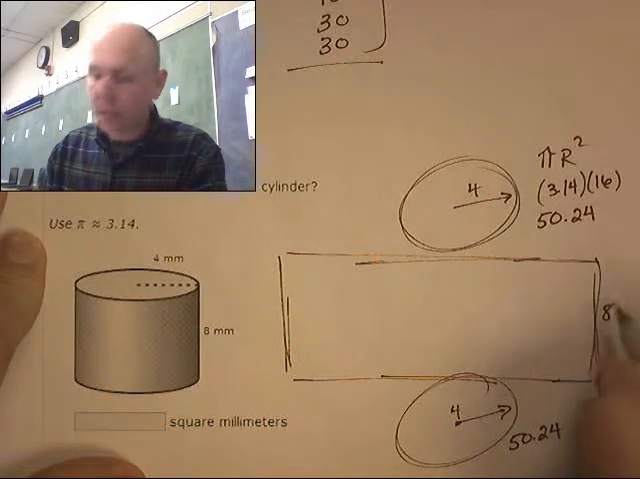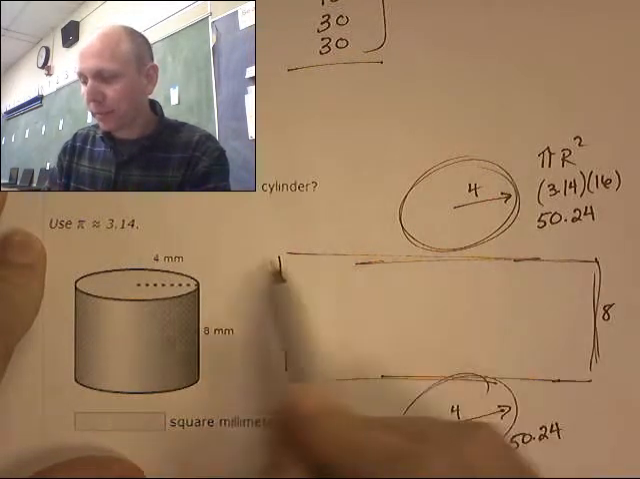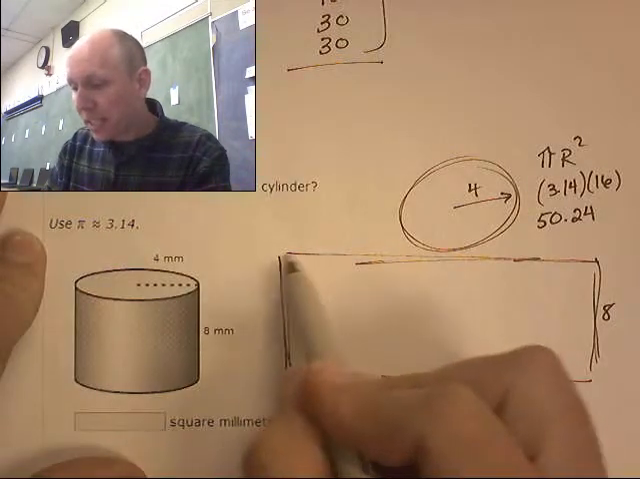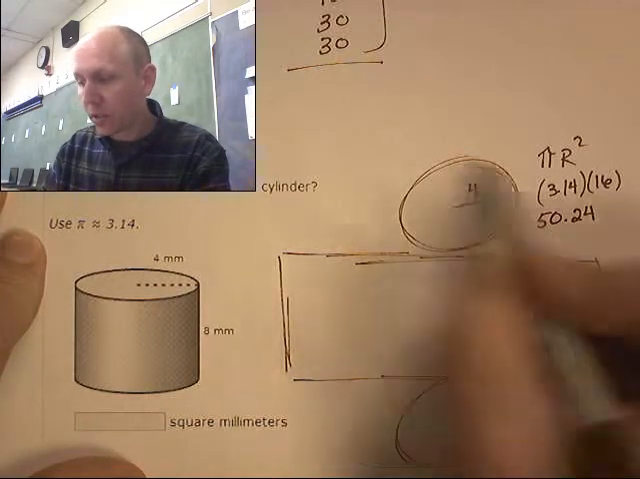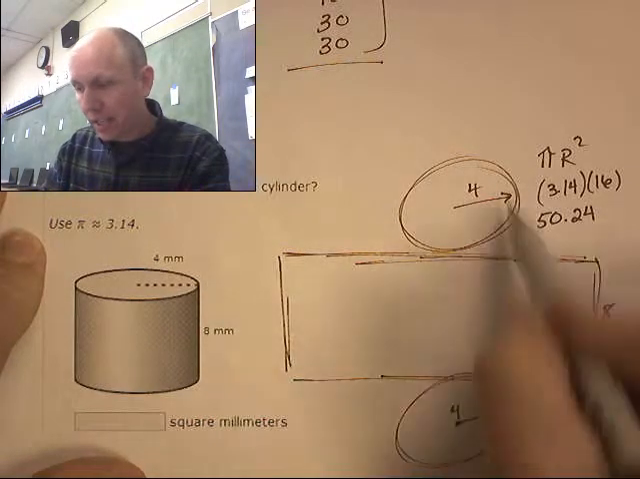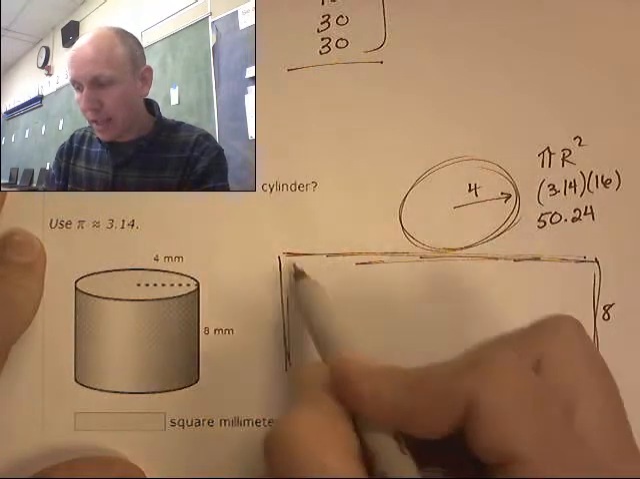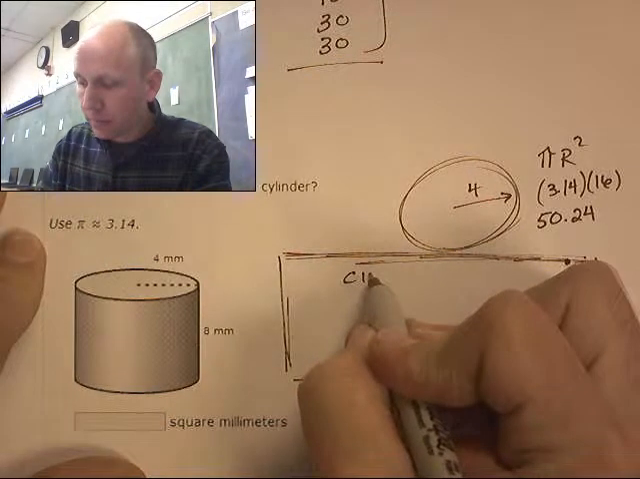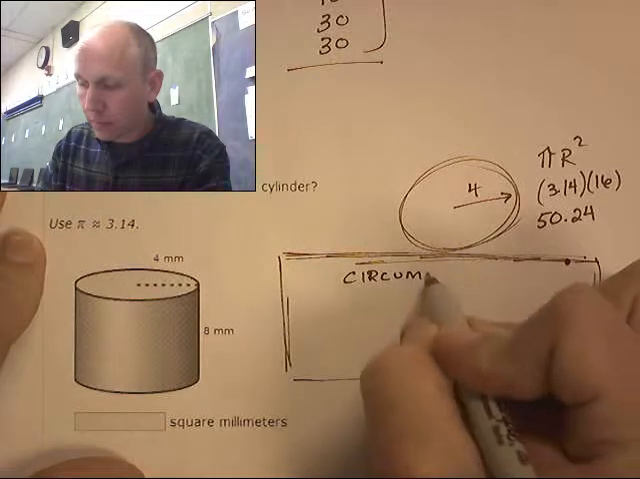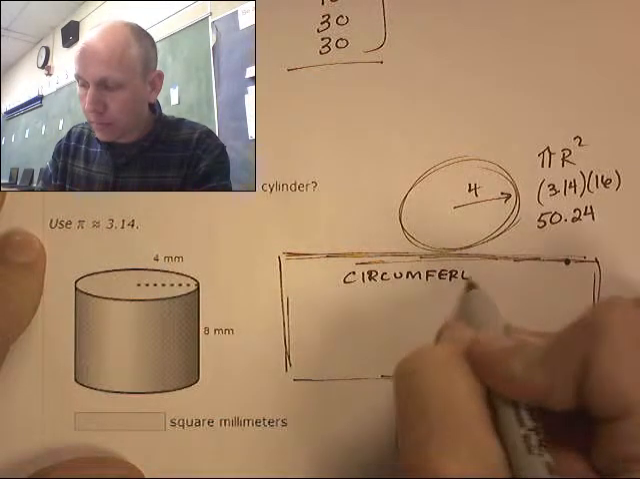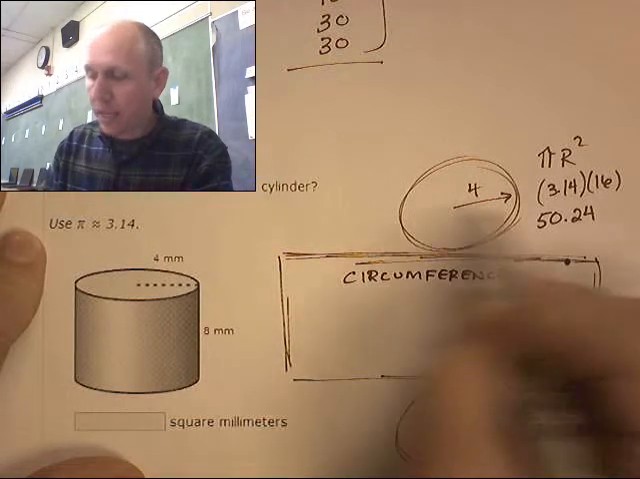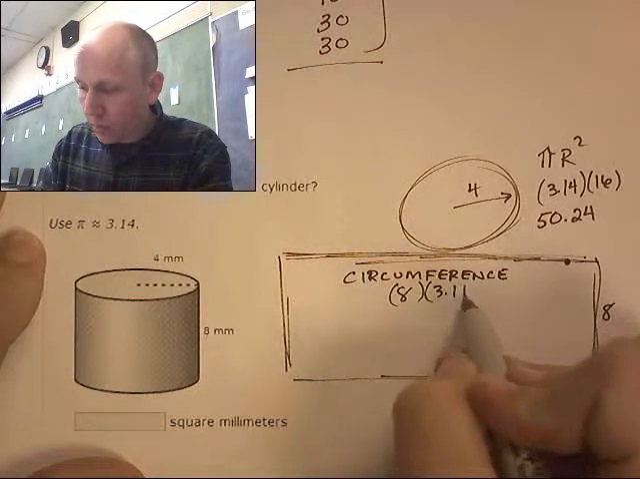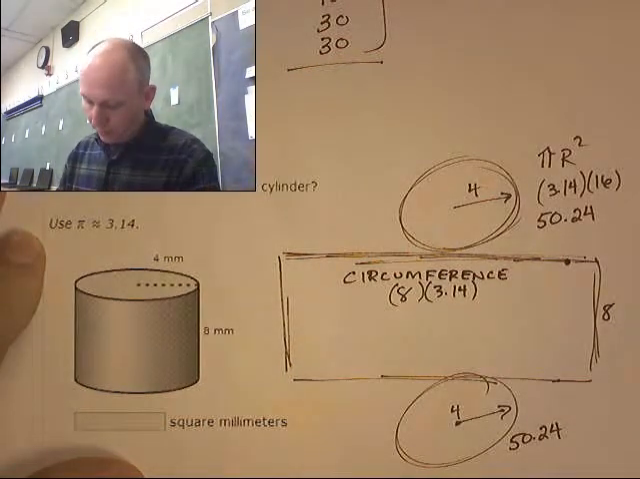This is 8 millimeters. It was given to us. What is this? Well, is this 4? Is this 8? What is this? How does this distance right here connect to the circle? How is this connected to this? This is actually the circumference of the circle. And how do I get to the circumference? Well, that's 8 times 3.14, which is